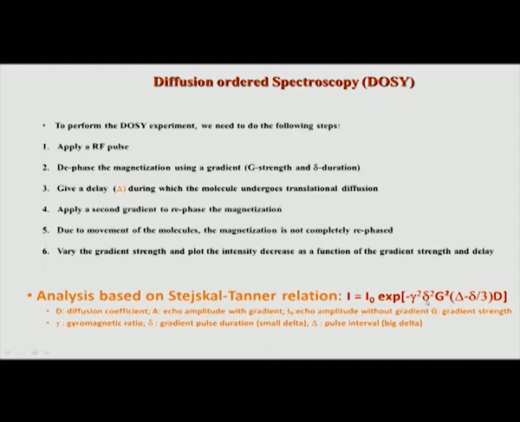Normally what we do is we keep the delta fixed, that means the duration of the gradient during dephasing and rephasing, both the delta values are kept the same and constant, and what is changed between experiments is the value of G. Gamma is of course a constant, that is for hydrogen. So the whole experiment is carried out by simply recording the spectrum at various G values. You keep G as 0, that is your first signal, then keep changing G to something else, and you get another signal which is called I. Like this you keep changing the G values and you monitor the I values.